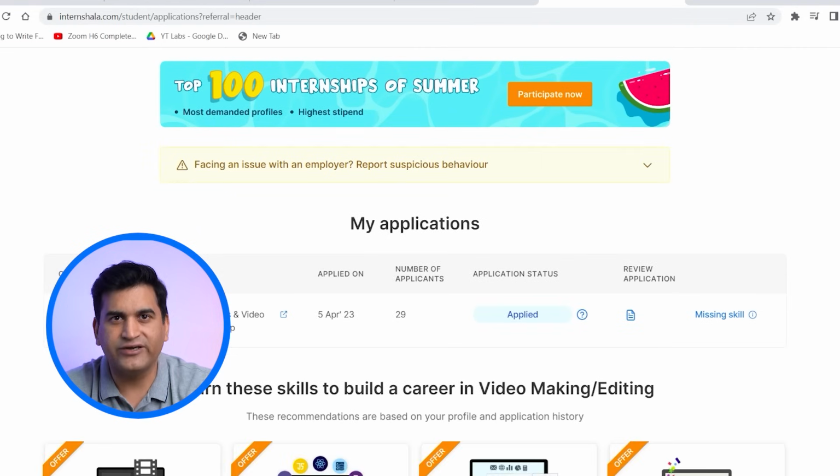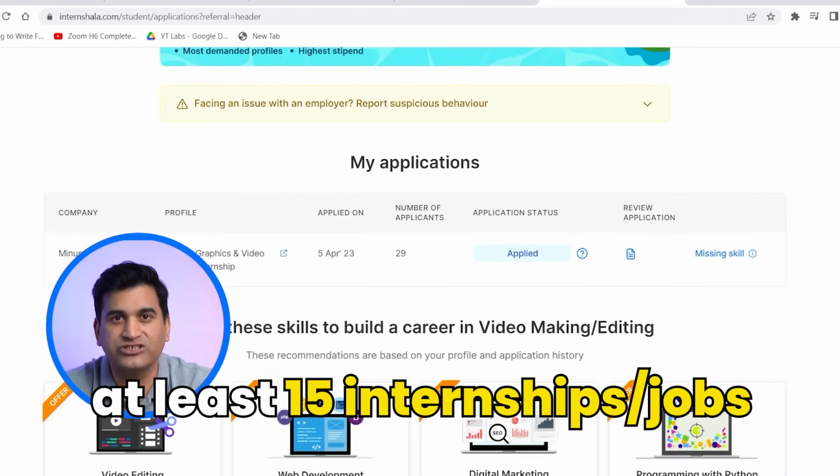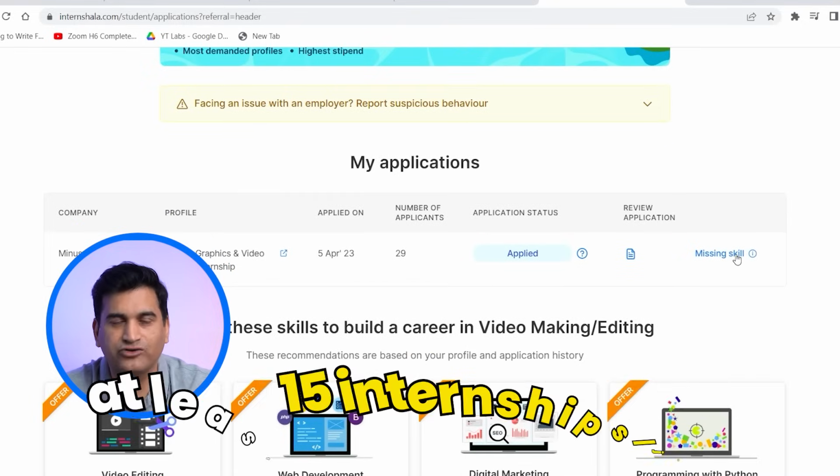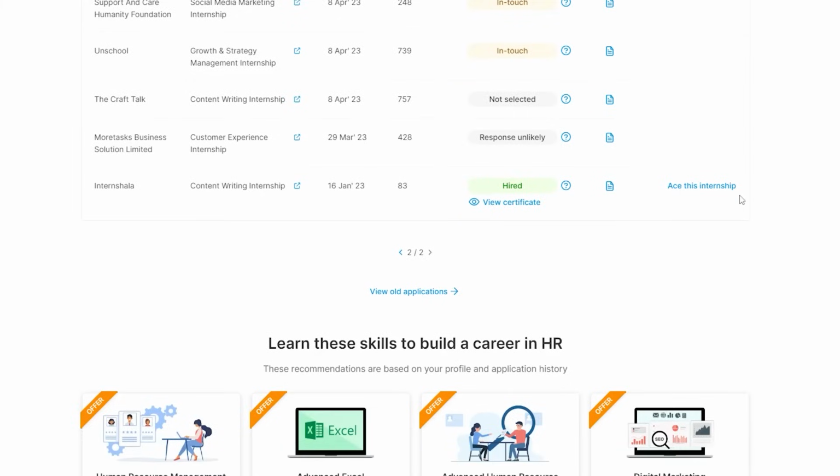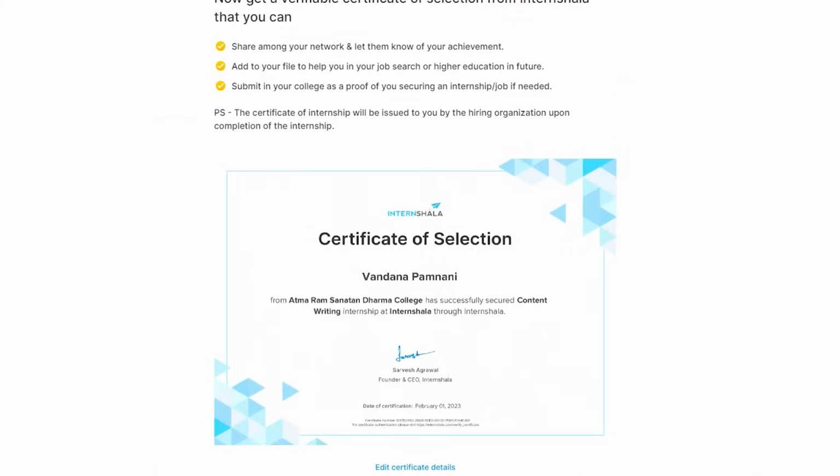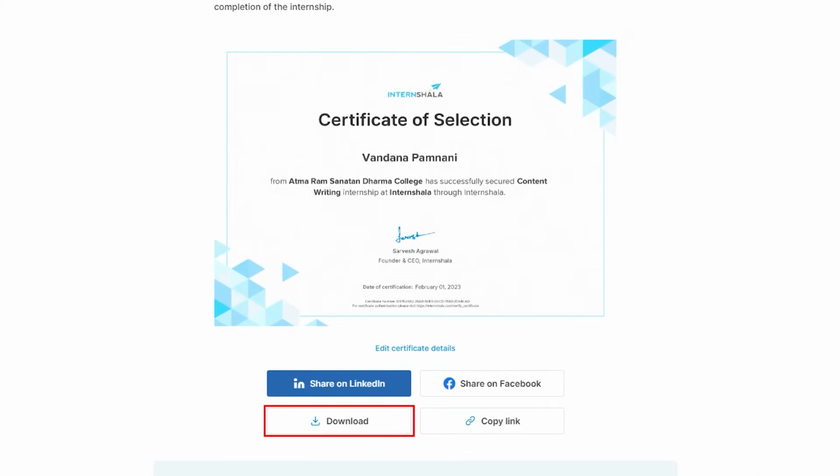To change it to hired, apply to at least 15 internships, answer the question why you should be hired for this internship correctly, and work on your skills. And when your status changes from applied to hired, then congratulations, and do not forget to download your certificate in